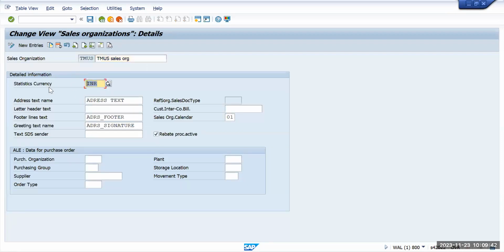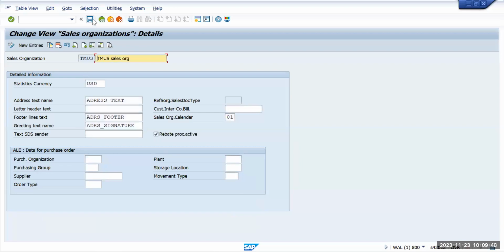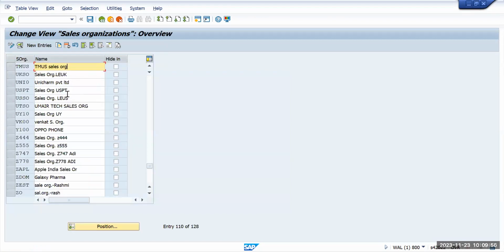We'll put it as USD. Warning: changes to the currency can cause data inconsistency. That is fine. Okay. So we have copied this one, Tata Motors US, and then